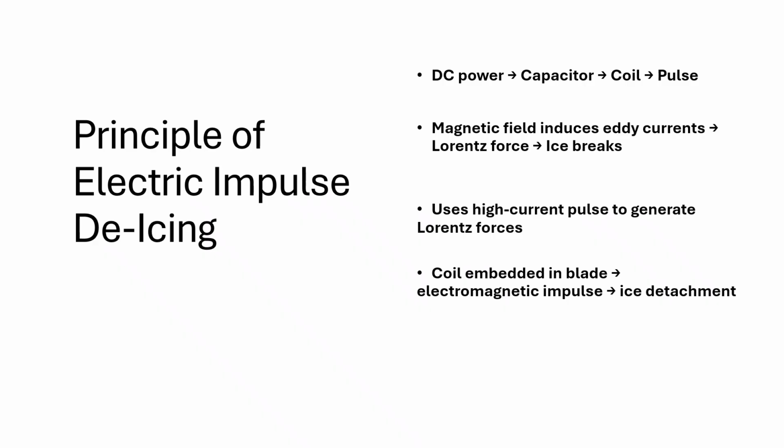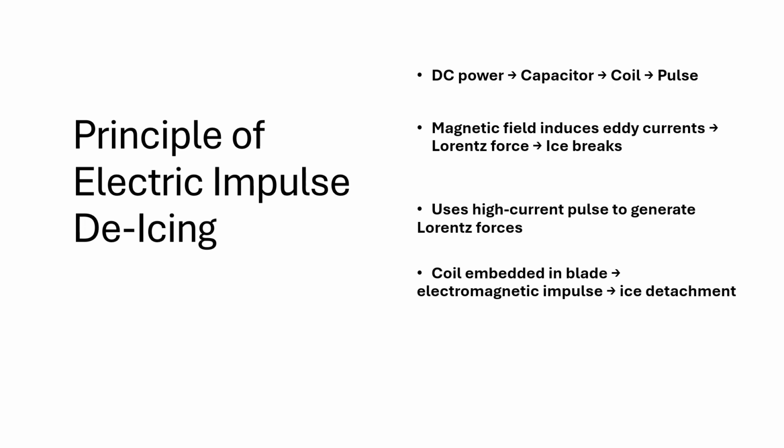In that case, a magnetic field will be induced that will have eddy currents, and that will apply Lorentz force. Due to this vibration, the ice will break. So it uses a high current pulse to generate Lorentz force in a coil embedded in the blade, which implies an electromagnetic impulse